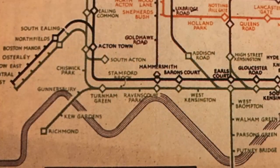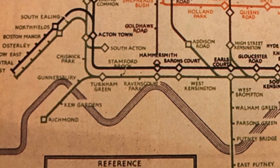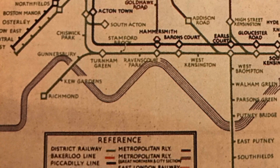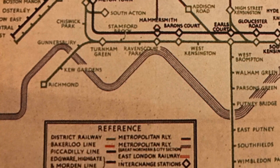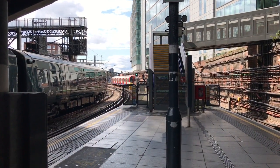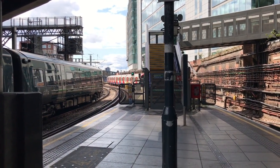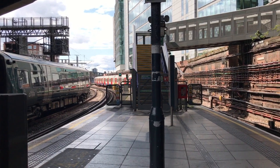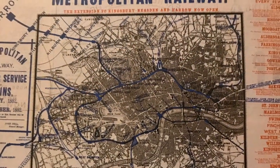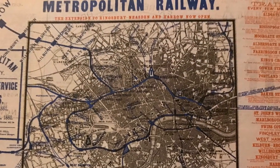The Hammersmith and City line is actually one of the oldest lines on the Underground, although it was only acknowledged as a separate Underground line from 1990. It was opened in 1864, making it second only to the Metropolitan line in terms of its age. The line was built as a joint venture between the Metropolitan Railway and the Great Western Railway, which was kind